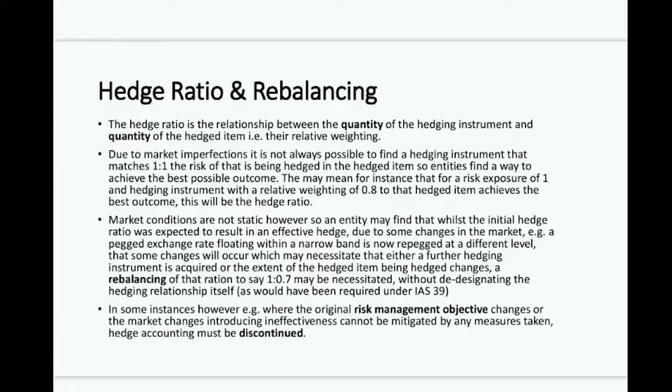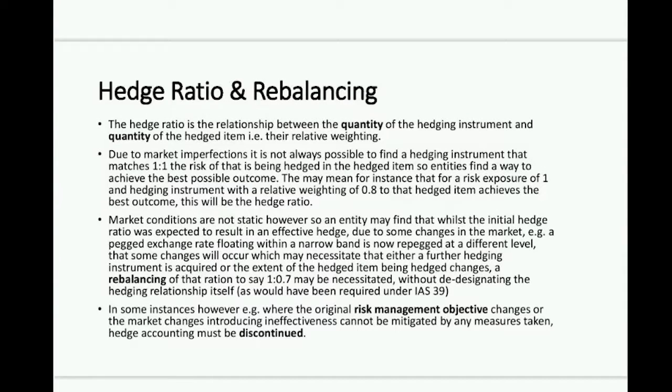However, it's a proxy hedge because I can't get a derivative for grade B coffee beans, and I know that there is a difference in the way that grade A and grade B will behave. In order to maximize my hedge effectiveness to the level that I want, I could designate, for instance, 0.8 or 80% of my derivative and say that portion of my derivative instrument is what is in the hedging relationship, and then I match that with 100% of my hedged item. So that gives a ratio of 1:0.8 as my hedge ratio.